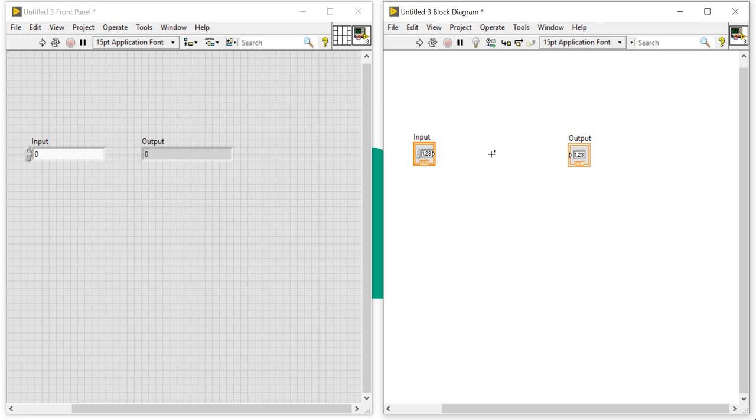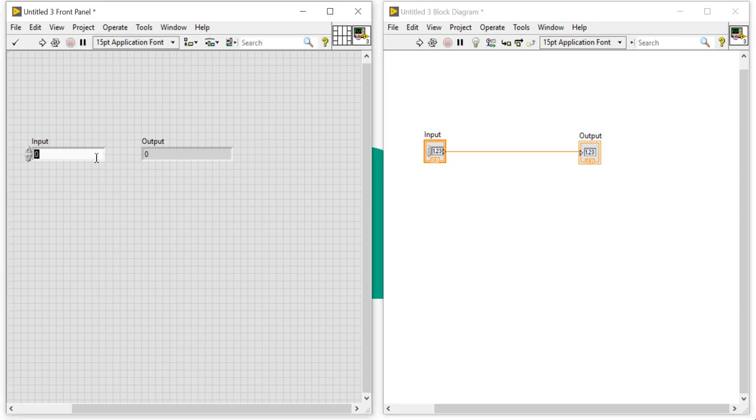Now we need to make a connection between control and indicator. It is my control, it is my indicator. You can see the arrow is outwards here, and inwards there. So when you touch this node, your cursor will automatically change into a dumbbell shape. Click here and move it. Nice. The connection has been established.